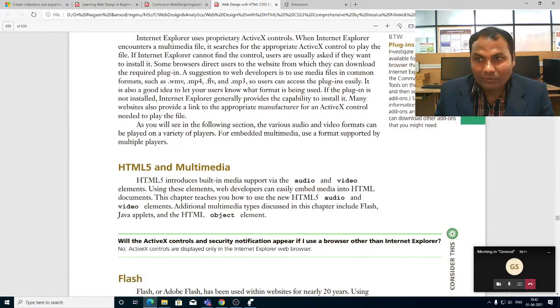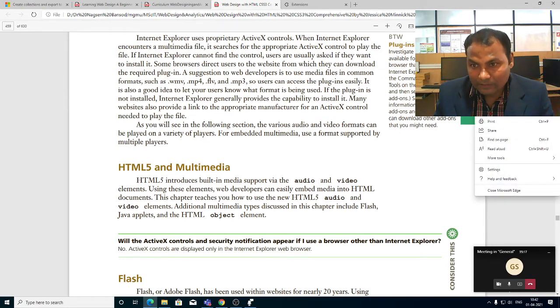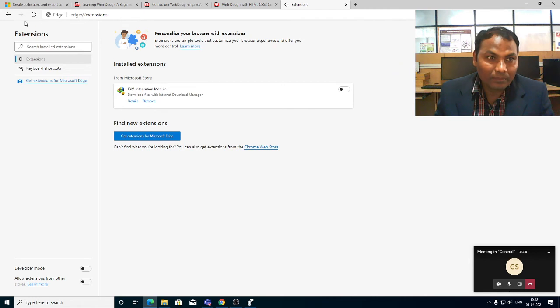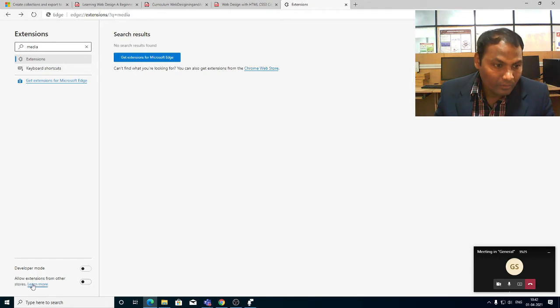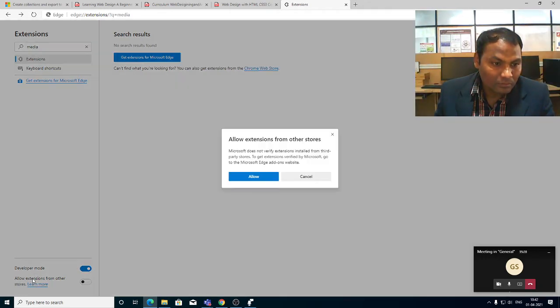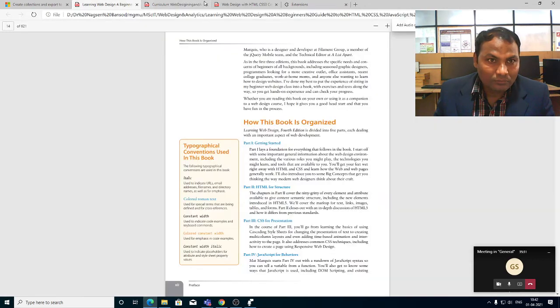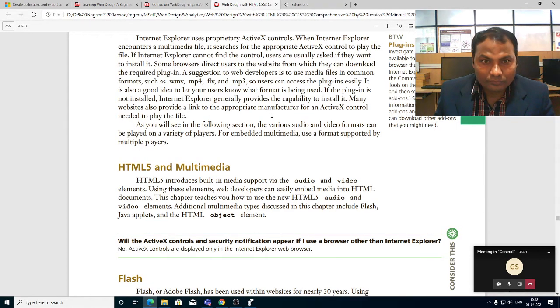As we cannot find some of the files, we have to use these files in the media player. We can also download the required plugin.